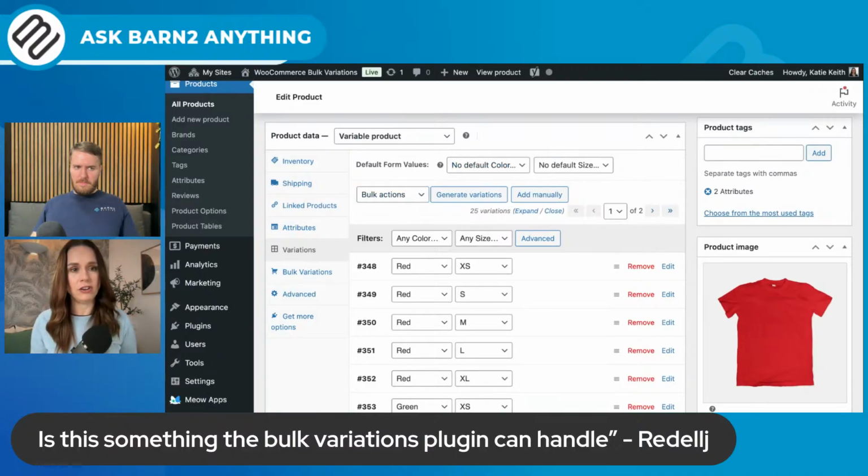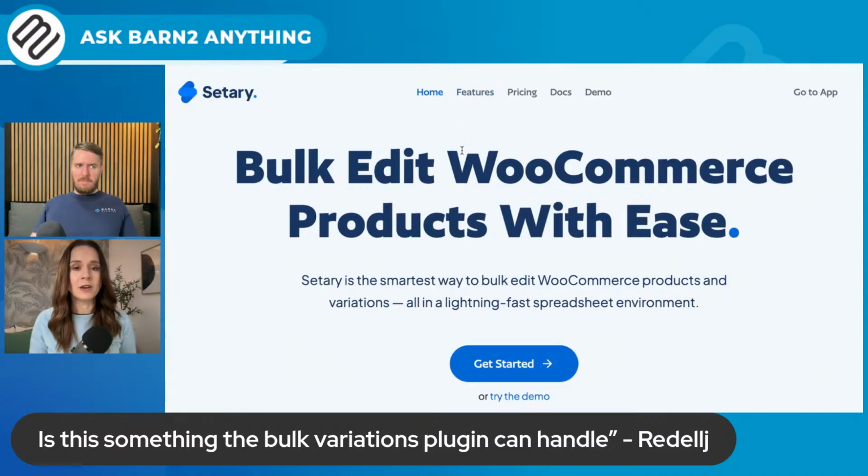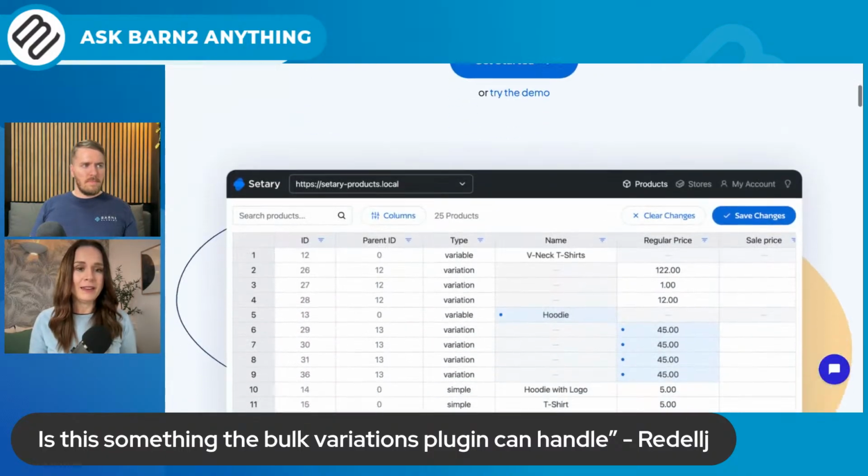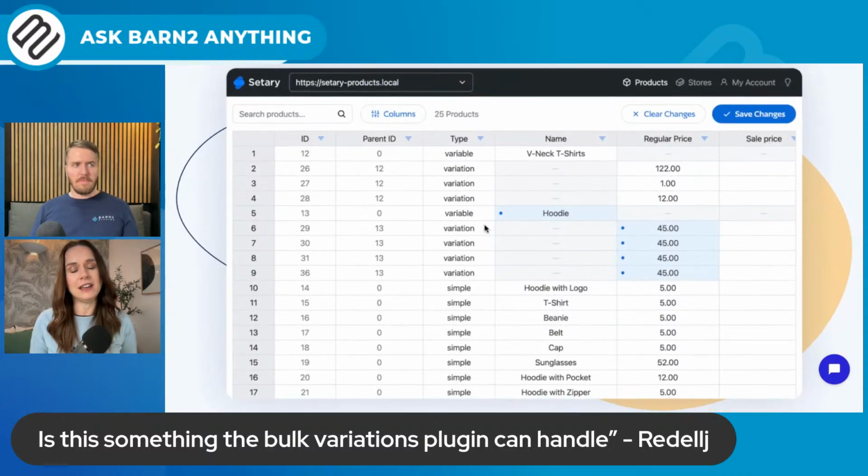So first, I'm going to show you Settery.com, which is a WooCommerce bulk editor. It's basically a spreadsheet, which you can see here, where you can display all your products and variations in a spreadsheet outside of your WordPress admin. So there's no performance issues. And each variation has its own row. So that's really great for managing variations because, well, you can do all sorts. You can click within a cell and update it that way, which is loads quicker than doing it in the